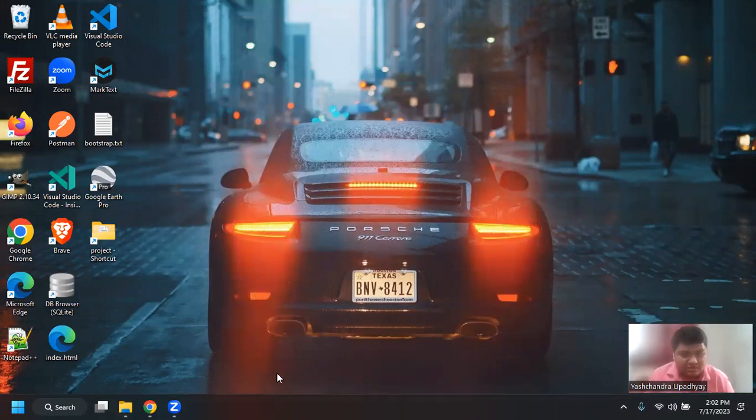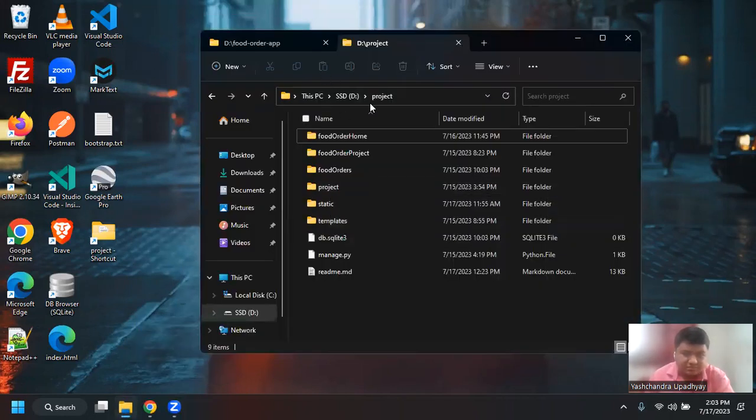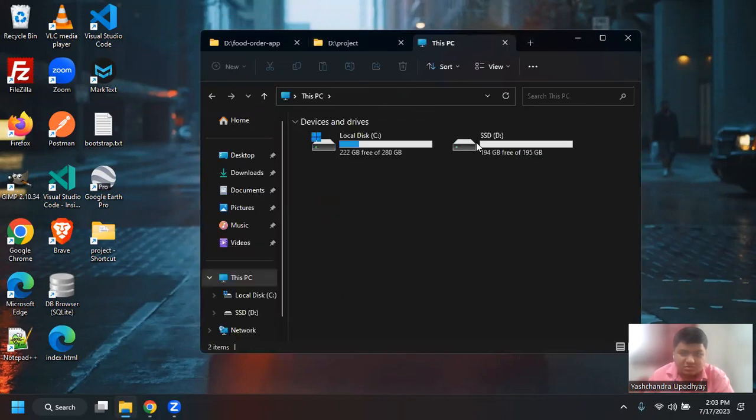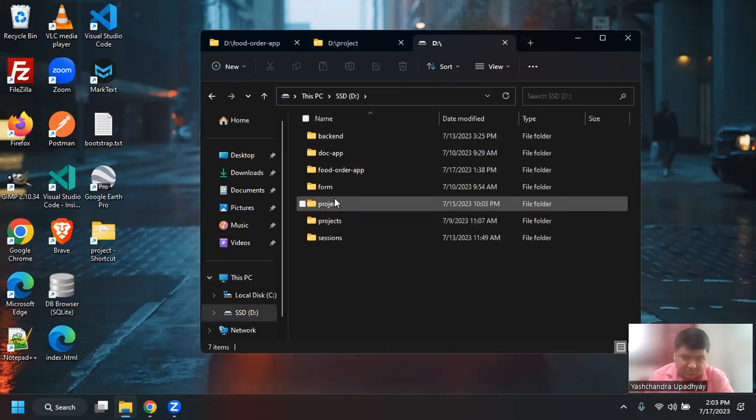Okay, so good afternoon. We'll start for today. So last time, we connected our main application with the backend, right? And we were able to fetch the data from the backend onto the front end using Django templates and using models, as well as getting the models data into the view and then passing that data to the template. So we were able to render the food items onto